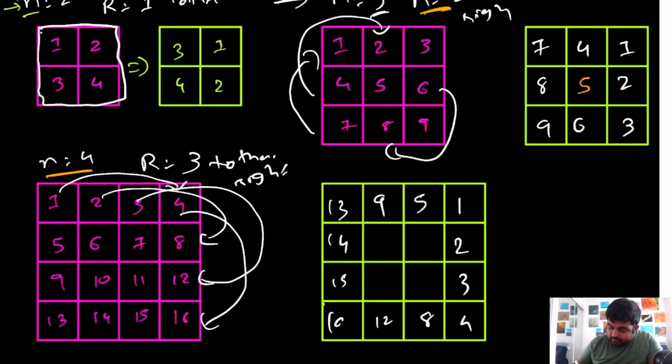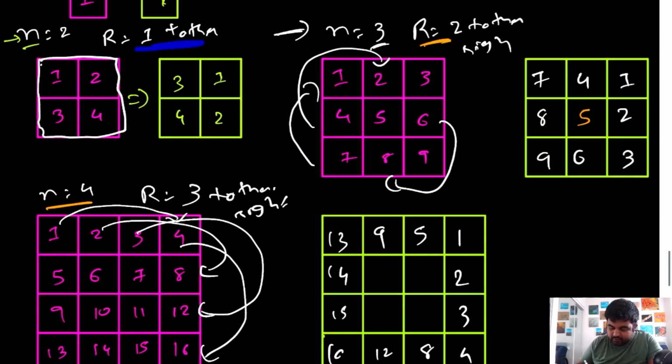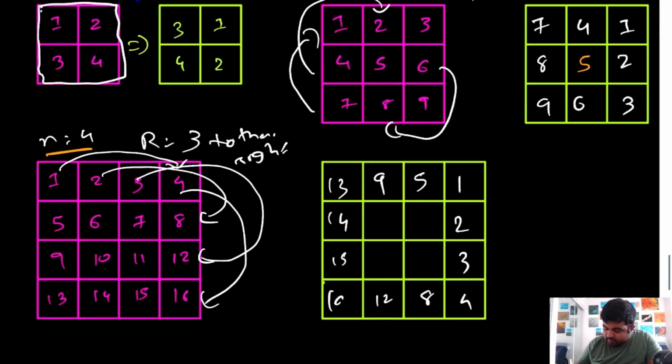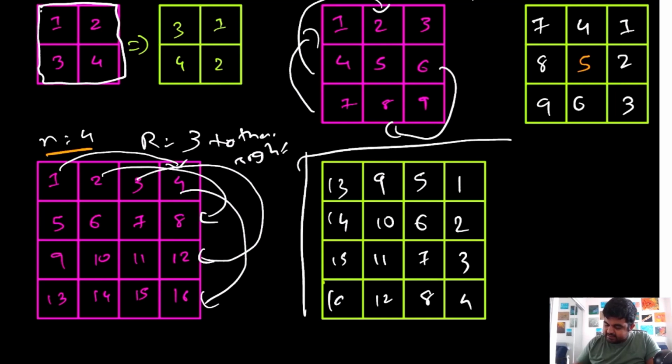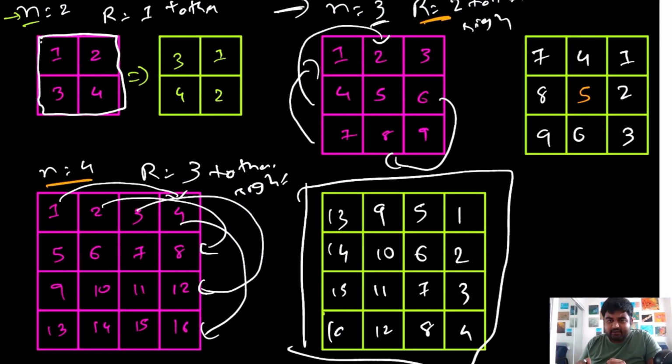So the rotation for this outer layer is completed. Now for this inner layer, we will have to rotate them 1 time, based on whatever we have seen when n was 2. So we are going to do the same thing. This is the answer of the 90 degree rotated matrix, which means one thing we can see over here is that